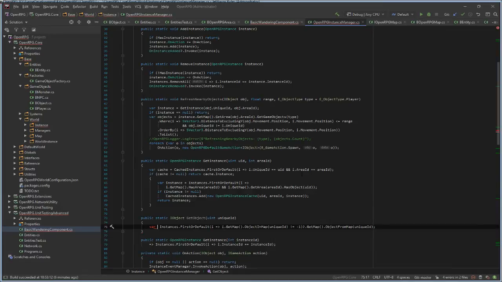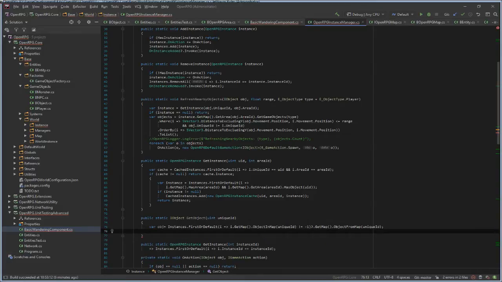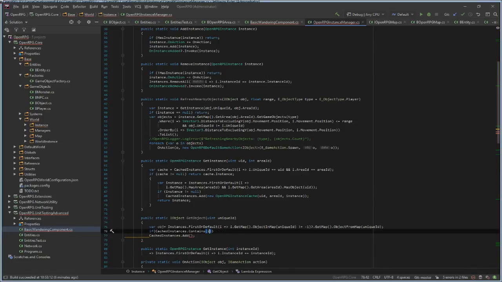But first we need to use cache. Cache? Is it cache or cache? Cached instances dot add, dot any, unique ID, new cached instance.